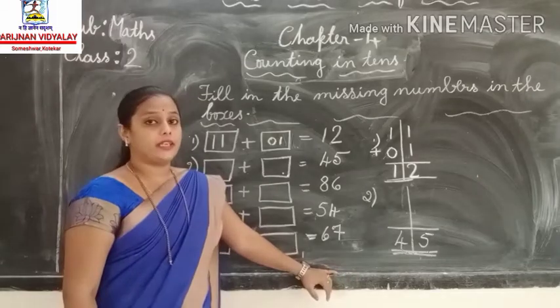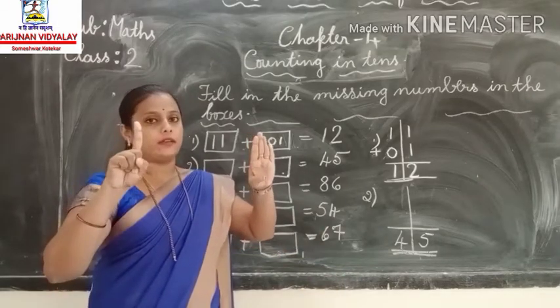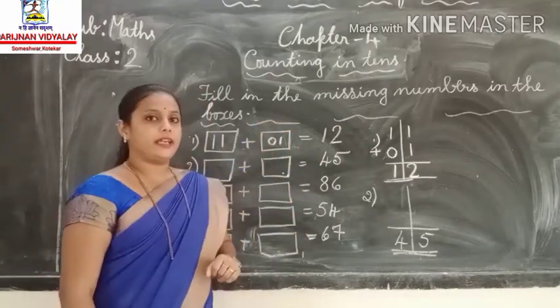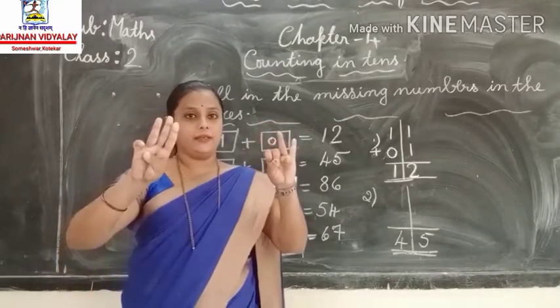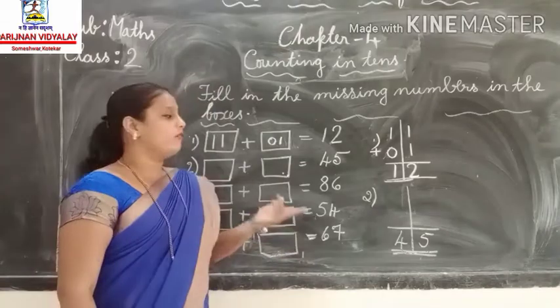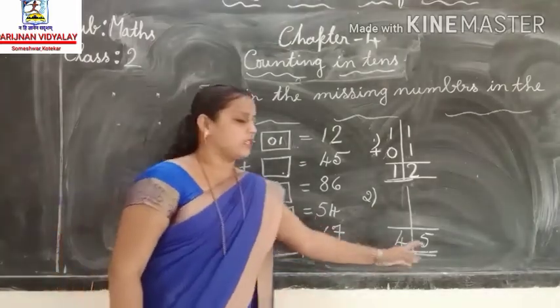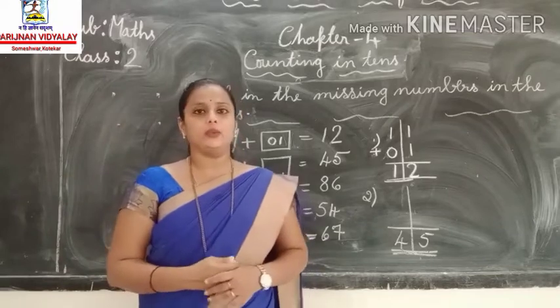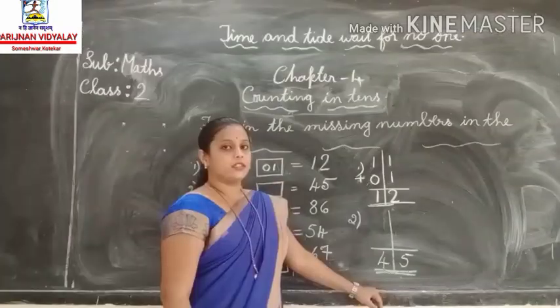Yes, we can take 4 plus 1, or we can take 3 plus 2, we can take 2 plus 3, or we can take 5 plus 0. Your answer is 5. That is your wish. You can take any two numbers. So I am going to